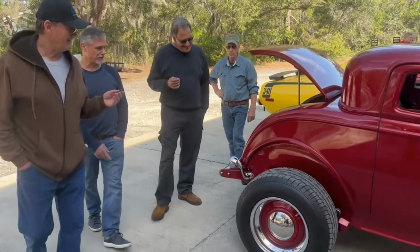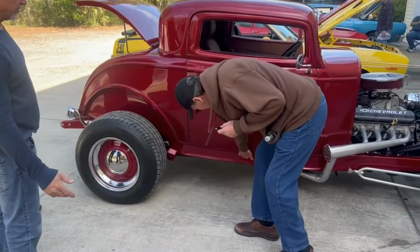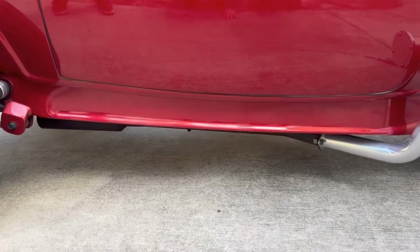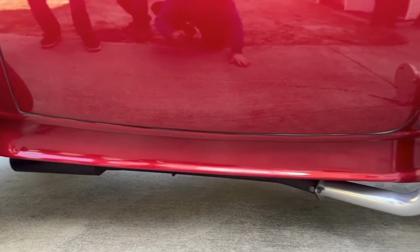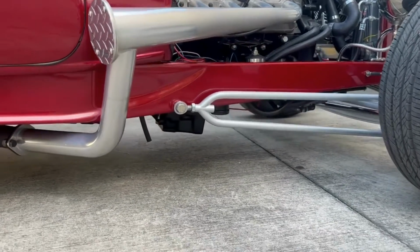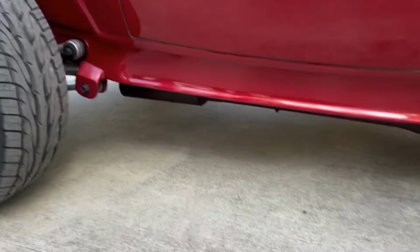We actually wet sanded the frame and polished it. They look nice. And you know, as you could see earlier in the video, underneath the car is just as pretty as above. Well, that's all the man hours. Did you say that you didn't have to wet sand and buff this? I wet sanded. Oh, did you? I did. But it wasn't bad when you sprayed it. No, it wasn't. We really could have gone down the road,